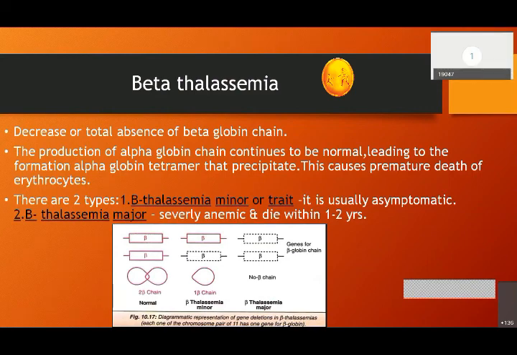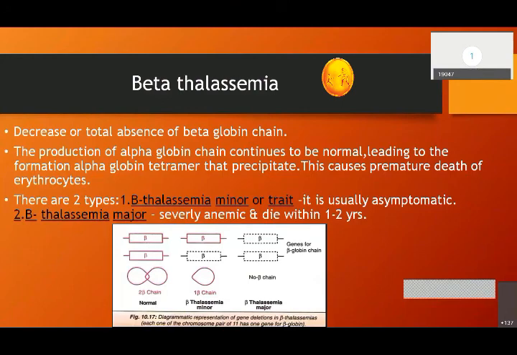Yes, ma'am. In beta thalassemia, there is decrease or total absence of the beta globin chain, but the production of alpha globin chain continues to be normal, leading to formation of alpha globin tetramer that can precipitate, which causes premature death of the erythrocytes. It is of 2 types. First is thalassemia minor or trait. In this, only one chain is missing, which is usually asymptomatic. The individual will lead a normal life. And the second is beta thalassemia major, in which both the globin chains are missing,